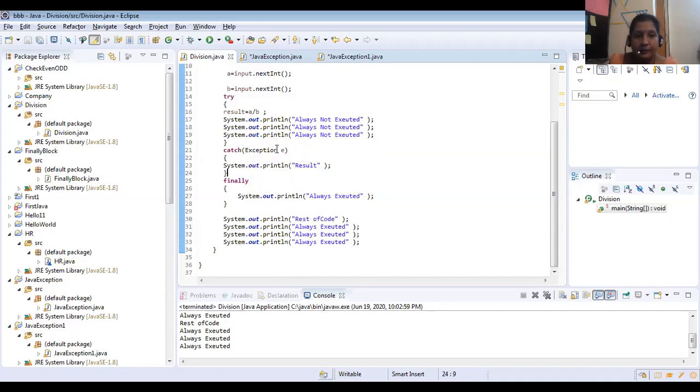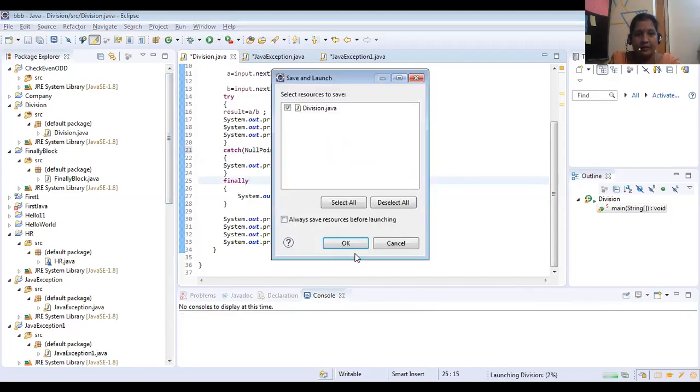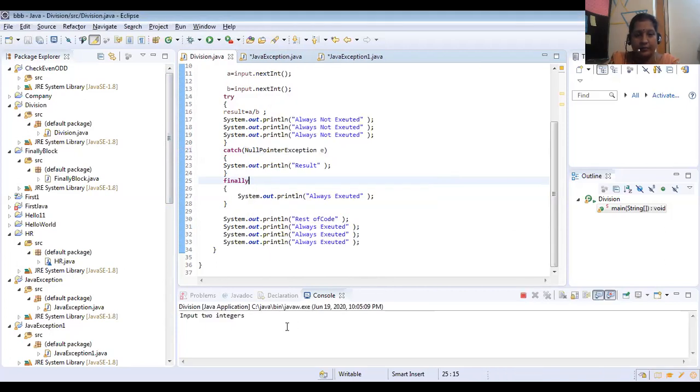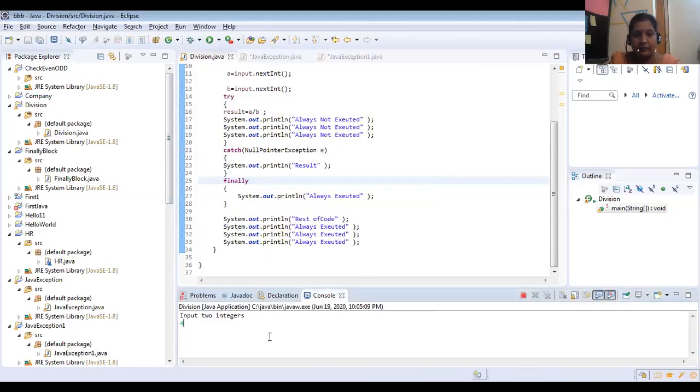Okay, suppose here I didn't give arithmetic exception, and I'm giving null pointer exception. Now we will execute and see. Two numbers, 4 and 0.